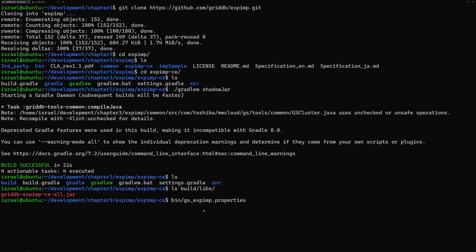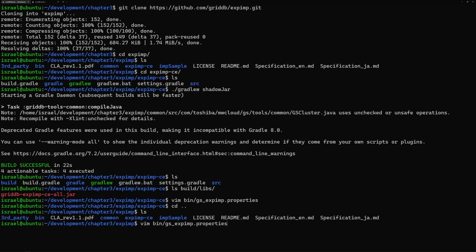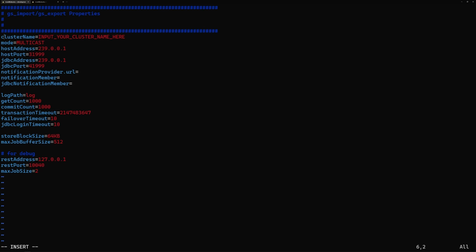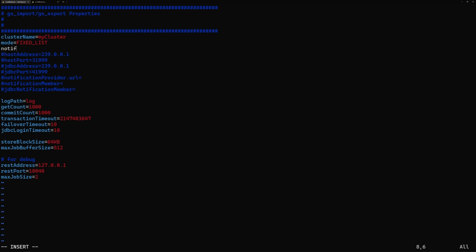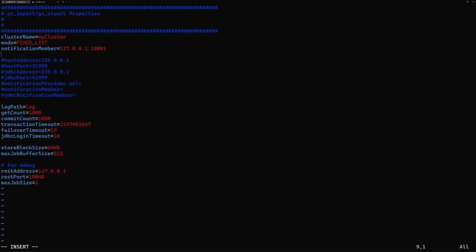Let's try to edit this. I'm assuming bin is relative to here, but it's not. Bin is relative to the root. So let's go here. Okay, and then we got to change cluster name. Our cluster name in this case is my cluster. Mode is fixed list. And then we don't need these because we are in fixed list. So I believe we just need notification member. And this is going to be 127.0.0.1. Port that, and then I think we need,